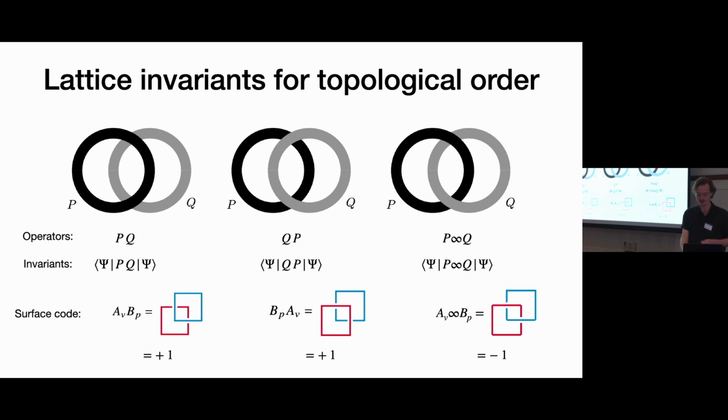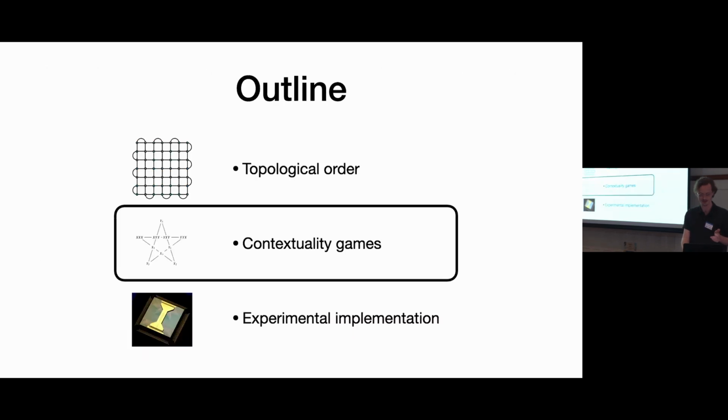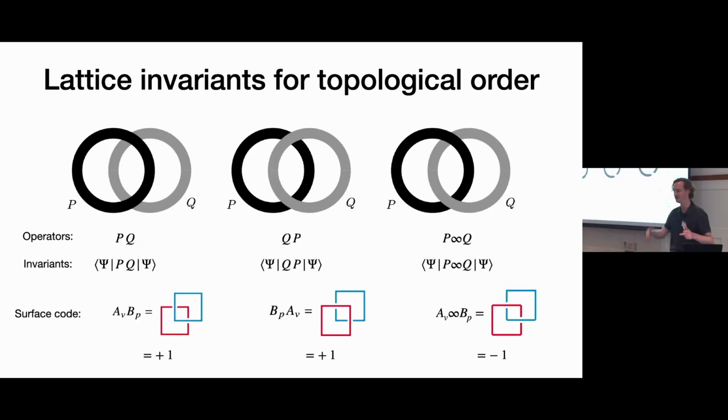Good. Okay, does anyone have any questions about that? I think I'm done with topological order. Yeah. Are there other invariants if you have like more complex knots? Yeah, there are. Turns out you don't need them for abelian anyons. You can get almost everything out of this S, and then there's also this exchange statistic. There's another procedure for extracting that, which is kind of similar, and it tells you everything.